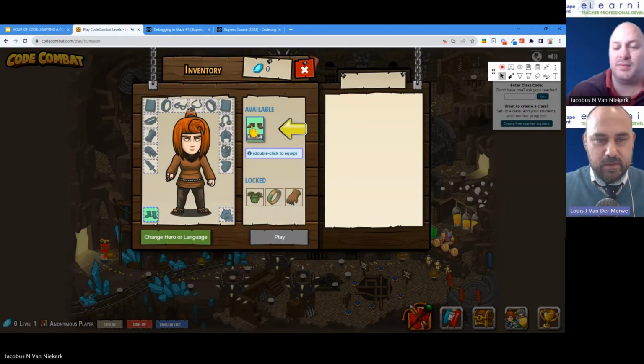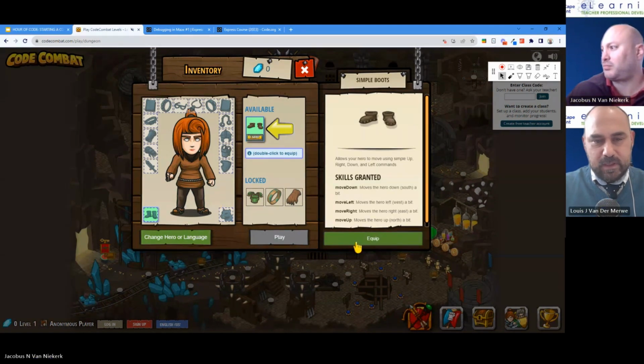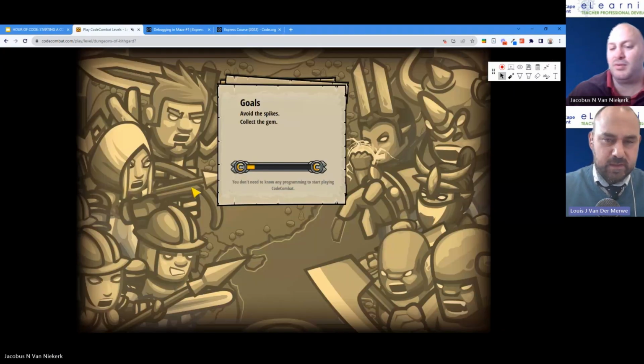Like, this is very gamified. Look at his little avatar over there. He's equipping things now. At this point, you're not thinking anyone's going to learn anything from this, because I'm just going to be playing a game. How am I going to be learning anything? And it gives you little skills granted, makes you stronger, more healthy, whatever it is.